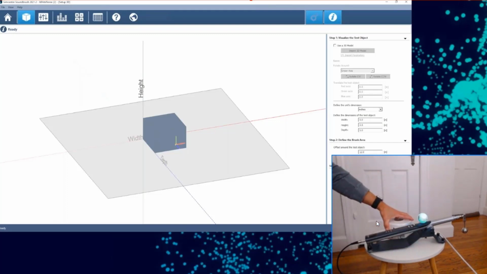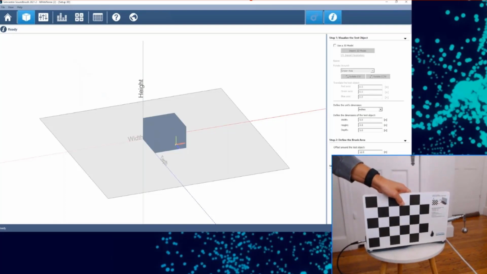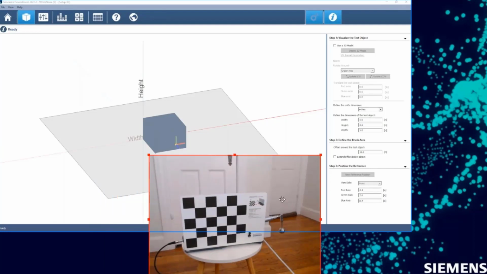Because I have a small table here, I'm not able to put the reference in that default location. But you see the reference board gets held by that stand, and so that's how it knows the default location of this point right here. So all I have to do is, in the software, adjust these default values to essentially localize that origin in the right spot.